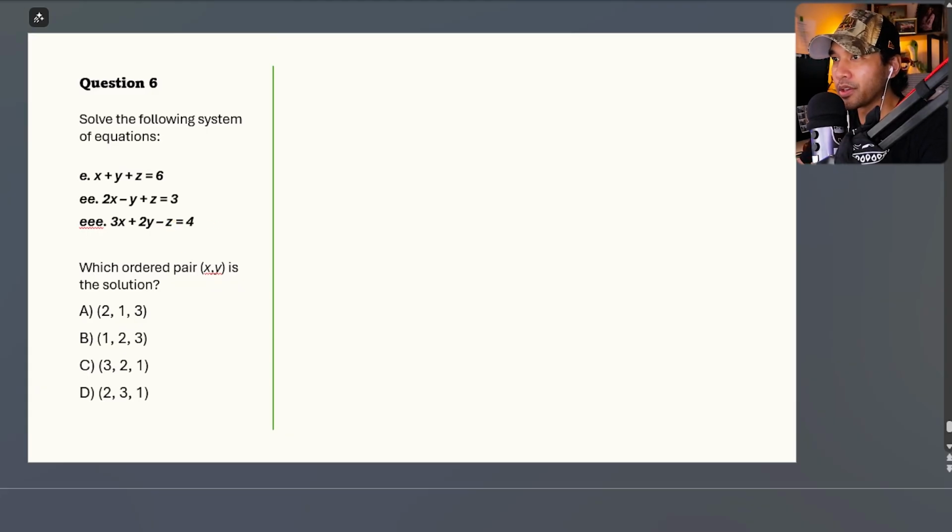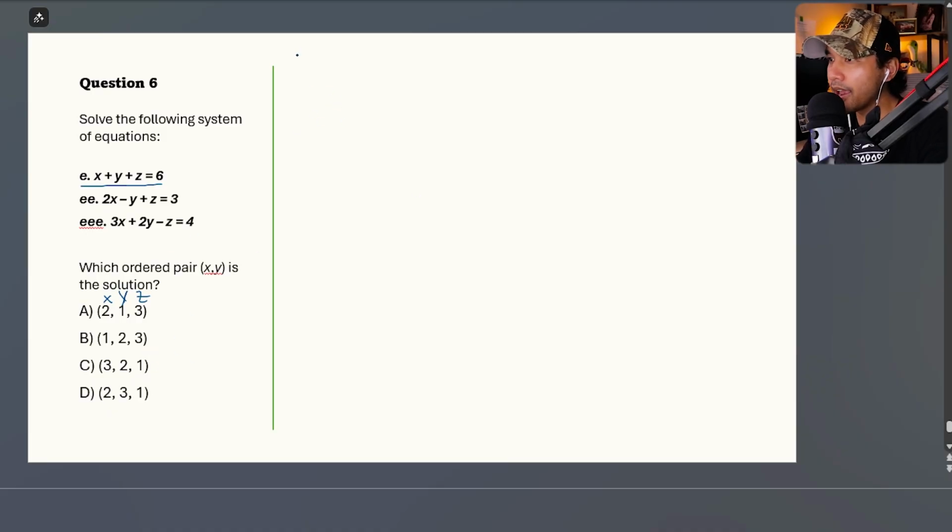Okay. So the method I'm going to use is just plugging in the numbers. We're going to look at the first equation and we see x plus y plus z equaling 6. When I mean plugging in the numbers, this is x, this is y, and this is z. That's usually how they would write it. They wouldn't write it z, x, y, okay? They would do it like this. They wouldn't screw you over like that. So just looking at the answers, all these are x, all these are y, and all these are z. All right? So just plug it in,